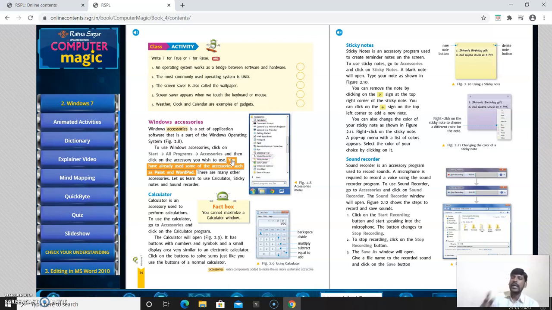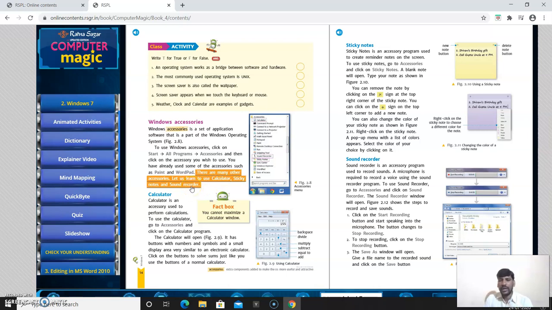There are many other accessories also, not only Paint, WordPad and the calculator. Let us learn to use the calculator, sticky notes and sound recorder. Now what is the calculator? Generally, what is the calculator?